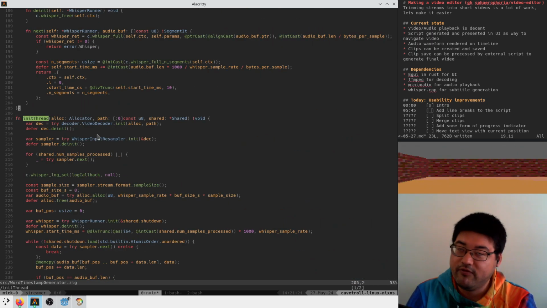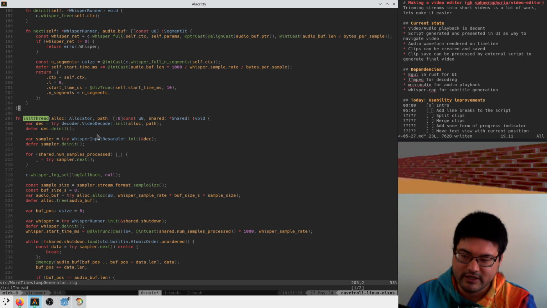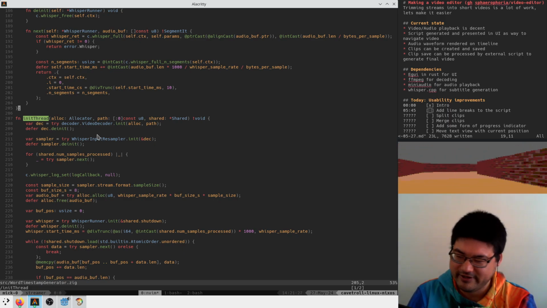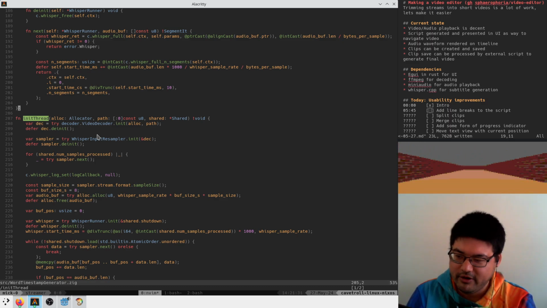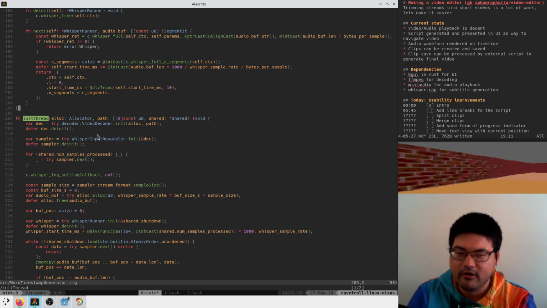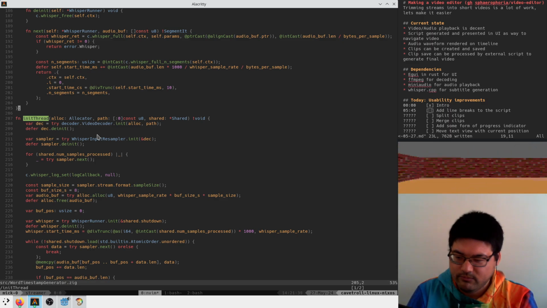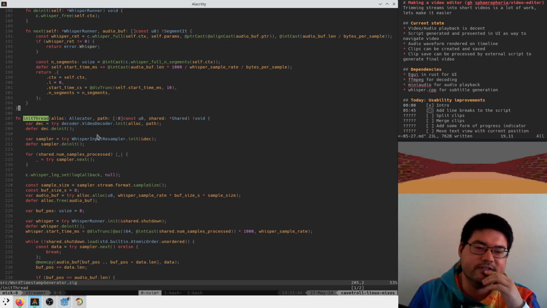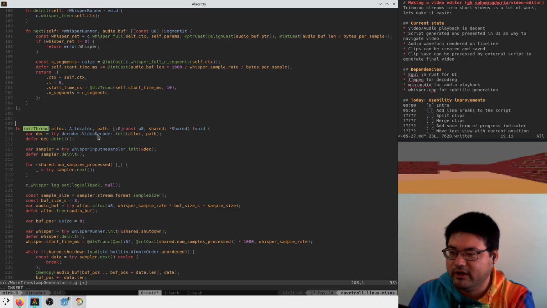I think that's one of my favorite things about Zig now that I've gotten back into C style languages: the fact that moves don't exist. You don't have to worry about it because there's no destructors. The concept of a move doesn't need to happen, right? Because the only reason you need std::move or C++ moves is because you want to make sure that your destructor only runs on the thing that matters, right? So if you have like unique